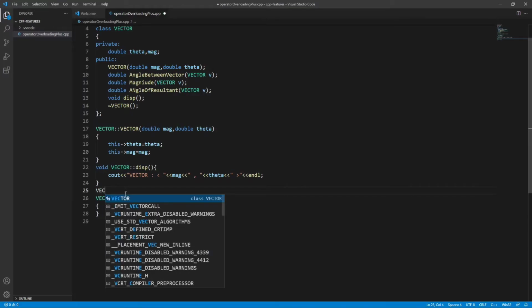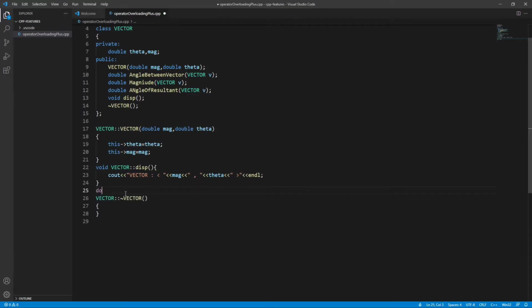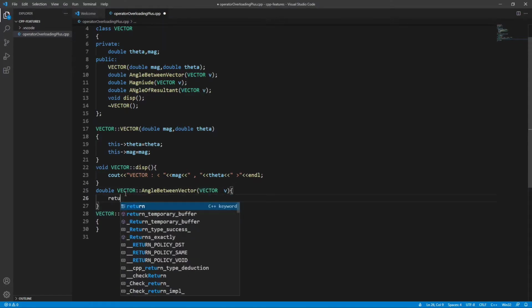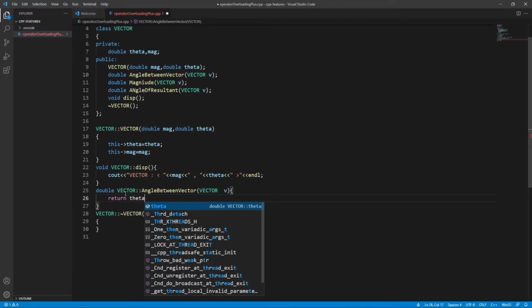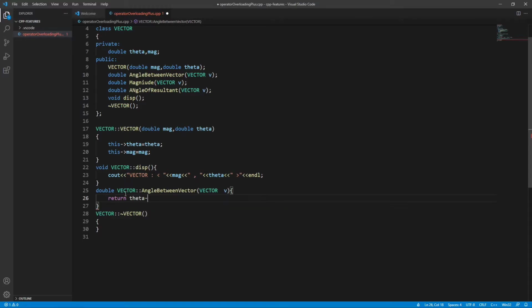So first is double, and we will provide here ct vector, and here it's angle between vector, and here goes vector v, and we'll just return theta minus v dot theta.